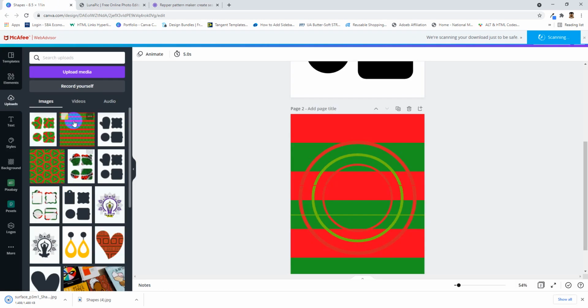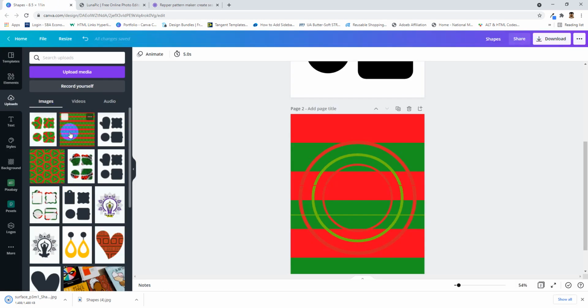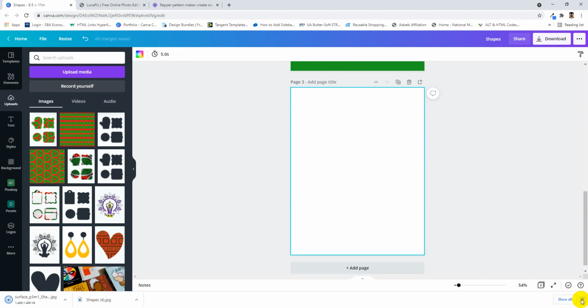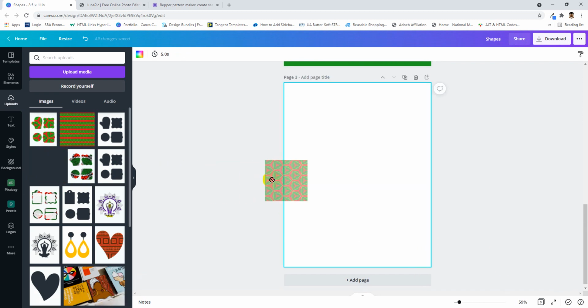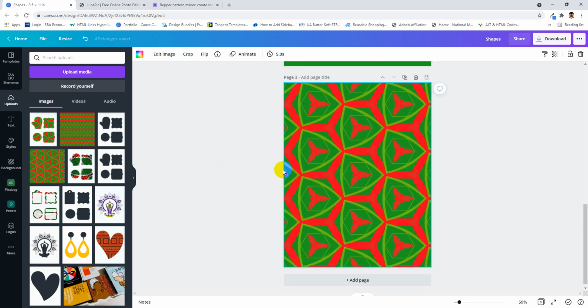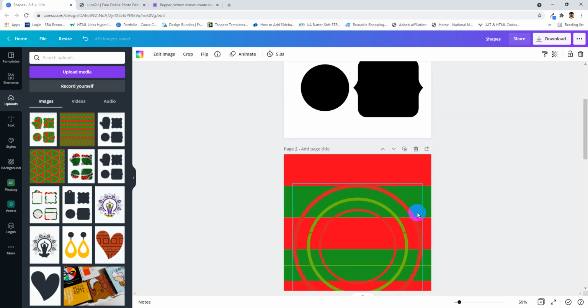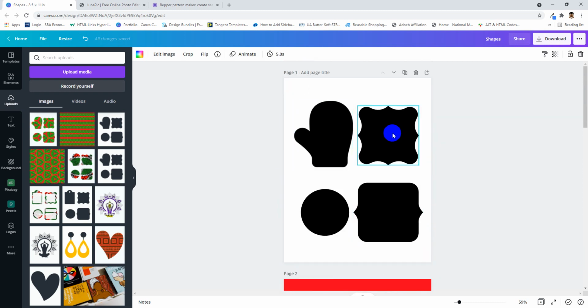I brought it into Canva. I brought two designs into Canva actually, and drag and drop my digital paper into my Canva design because I want my digital paper to show inside of these shapes. All right. To make that happen, I have to download this image as a JPEG file, bring it into Lunapic,